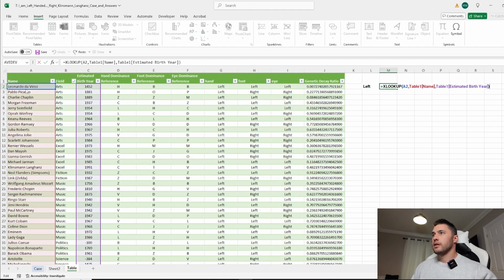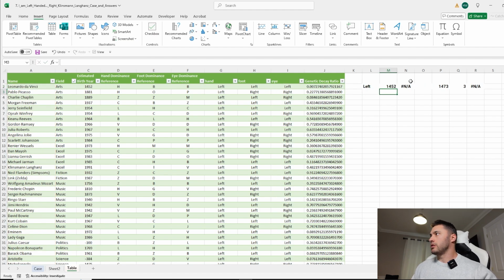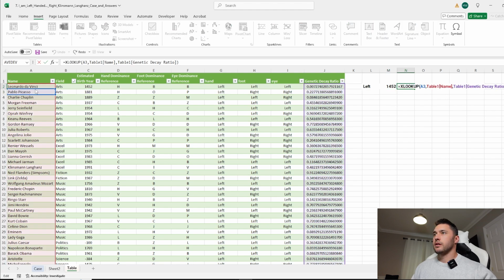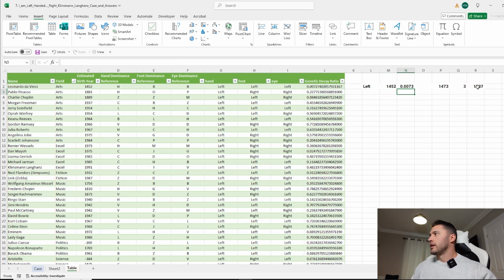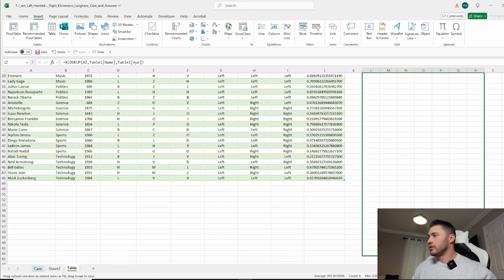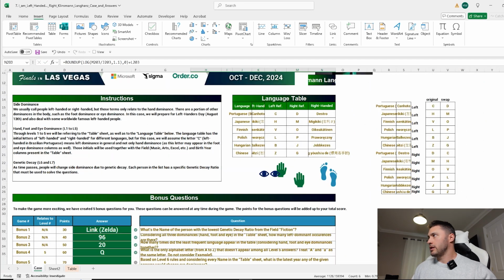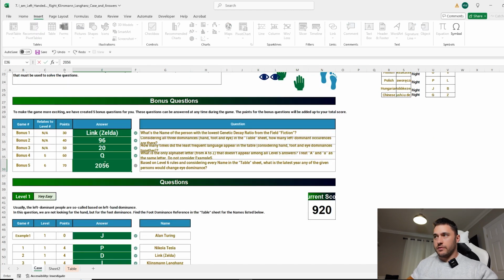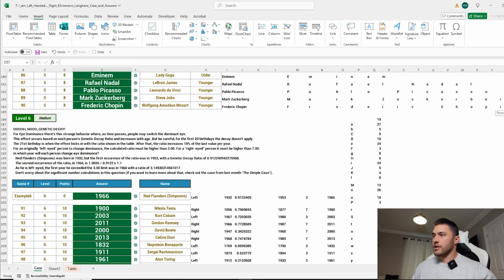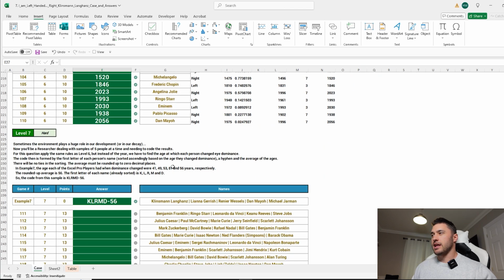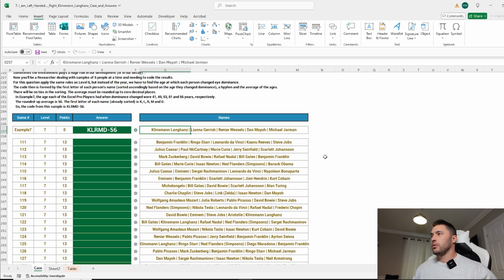There's probably a better way to do this, but I'll just do it the messy way. And I think that's correct, so we just need to come down here, find out what the max is, so equals max of this, and we get 2056. So let's put that in, 2056, great. Now time for the final question, and this is essentially the same as question 6, but with multiple